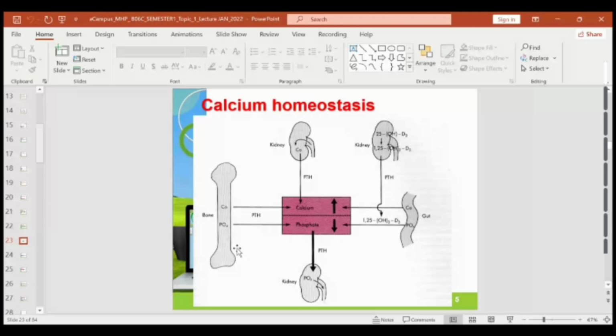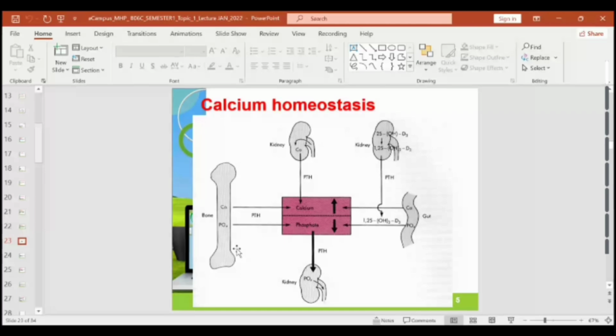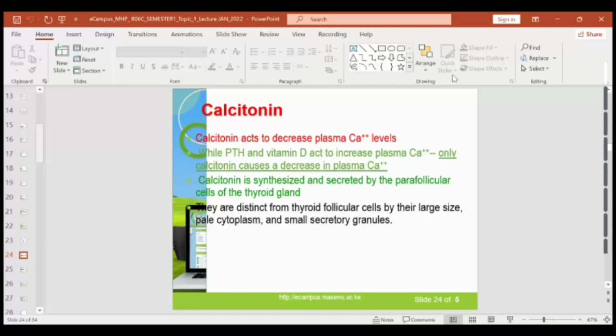So finally, let's talk about the last hormone. We call it calcitonin, and its function is to reduce the calcium level. So the parathyroid will cause an increase, and the calcitonin will cause a decrease. A classic example or synonym for this would be insulin and glucagon. And calcitonin will be equivalent to glucagon,